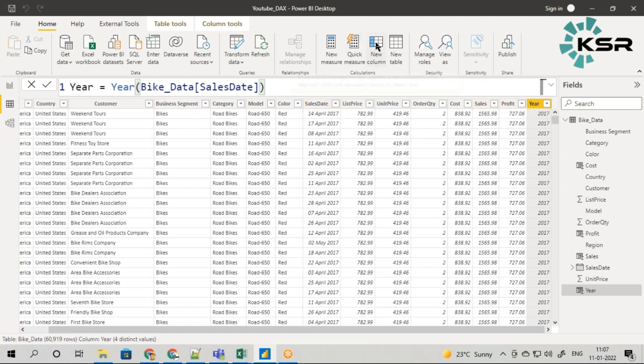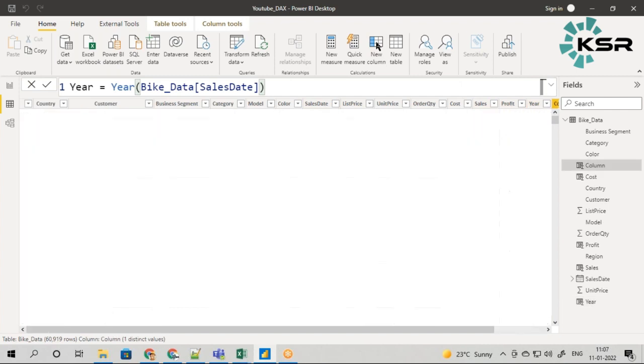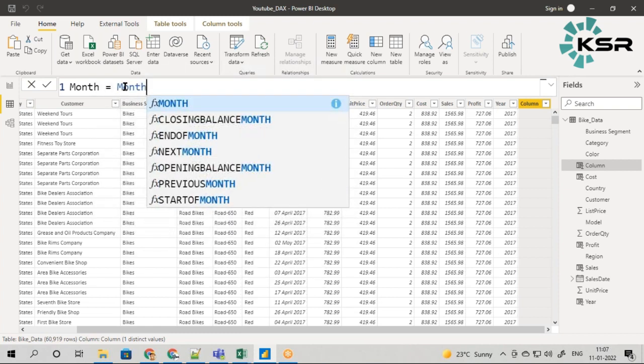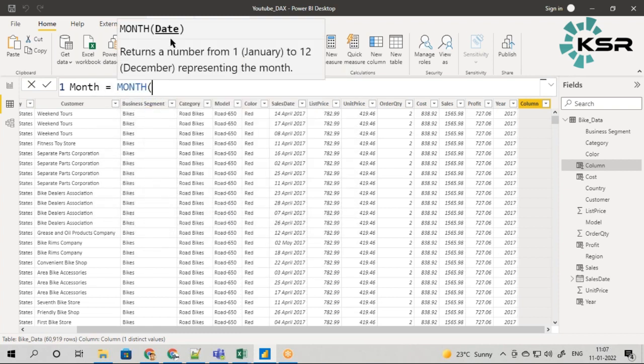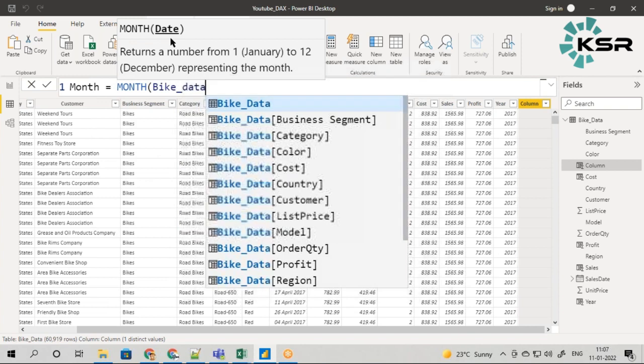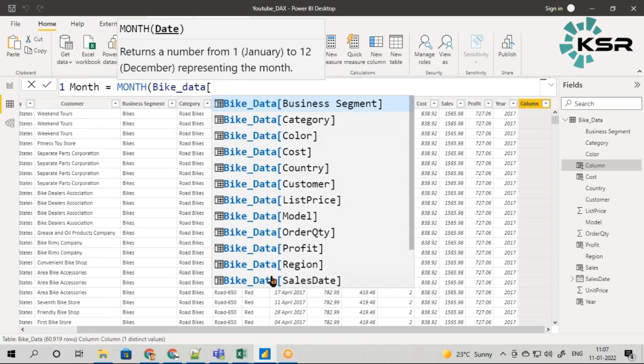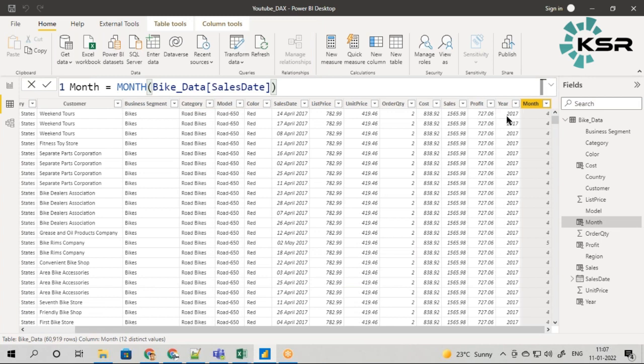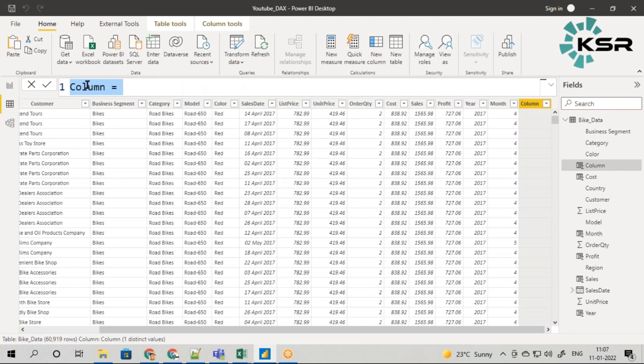Now I'll go to the next column. I'll write it as month. Month is given by the MONTH function, and for the month function again I need to send the parameter, sales date. So I'll say bike data of sales date. Now I've got year and month. This time I'll calculate day.